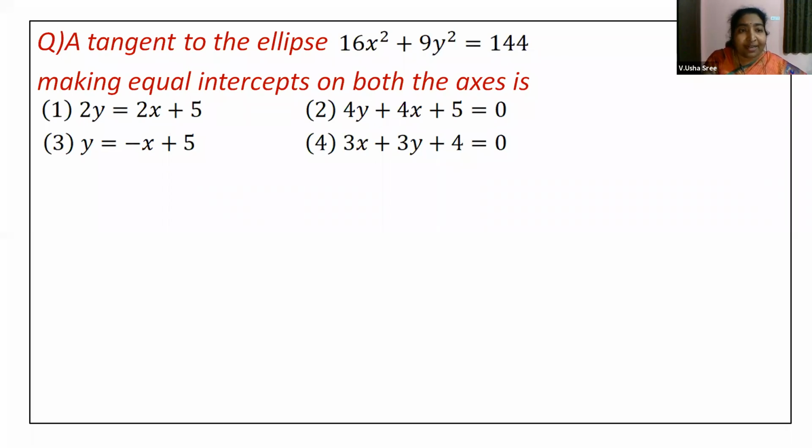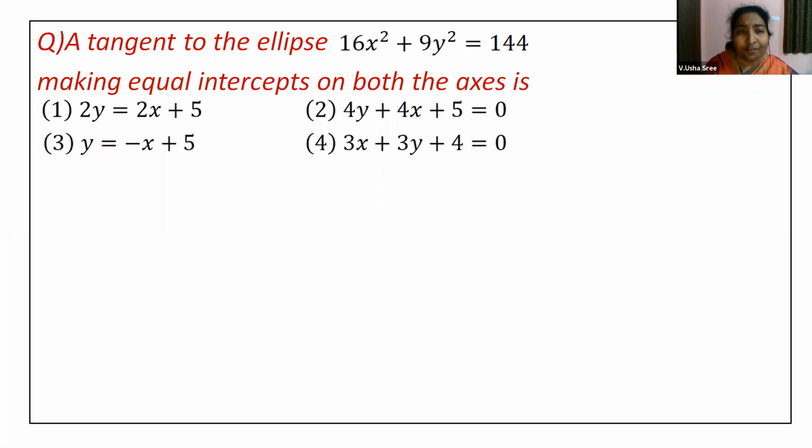Here you are trying to get a tangent equation. As I was mentioning, a tangent is a line which touches the given conic at one single point, right? So all the 4 options which are given to you are straight line equations only. Please observe it. Now, how do we go for our choice, the correct answer? He has given a condition that the tangent is making equal intercepts on both the axes.